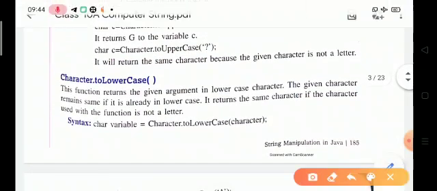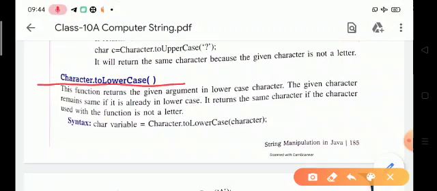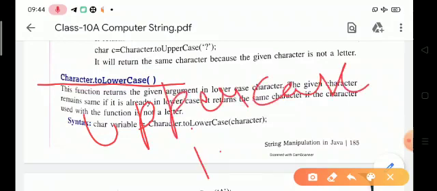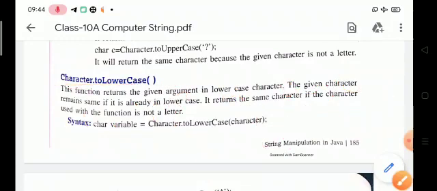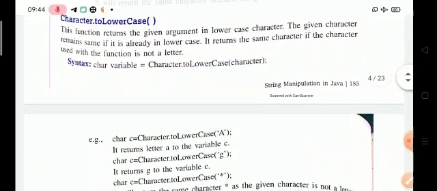Next function is the Character.toLowerCase function. This function converts an uppercase character or letter into a lowercase one, and the given character remains the same if it is already lowercase.